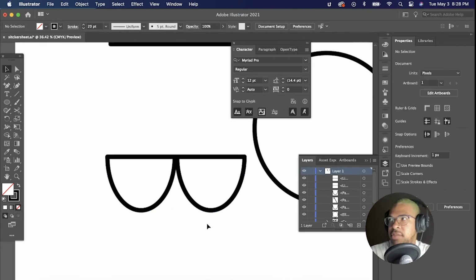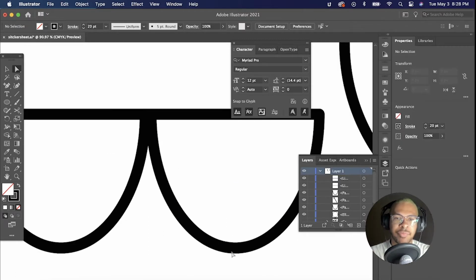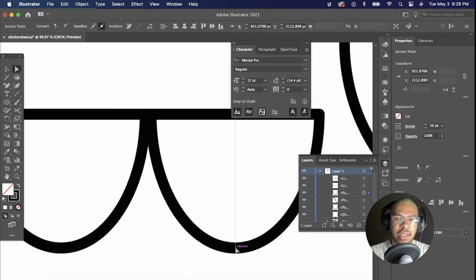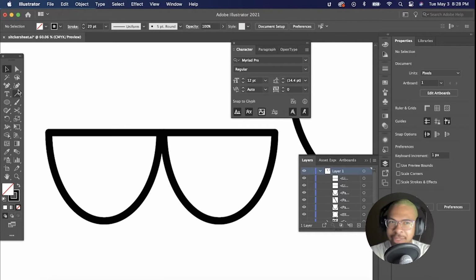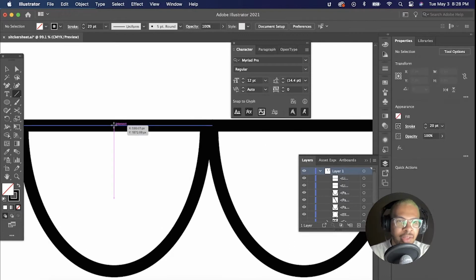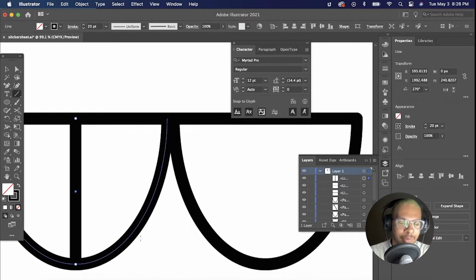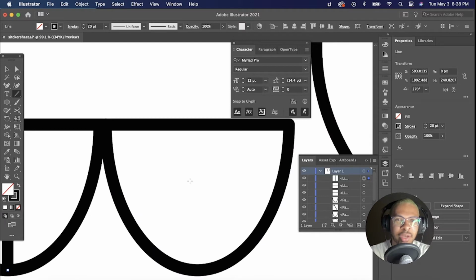I just want to pause a second and explain how my Illustrator is being weird. I don't know why, but if you notice, when I go to my direct selection tool and I try to click this, it's not staying. I'm going to be honest, I don't know why that's happening. You'll probably know in the comments. It only happens on some of my projects. I probably look like a big old amateur right now, but